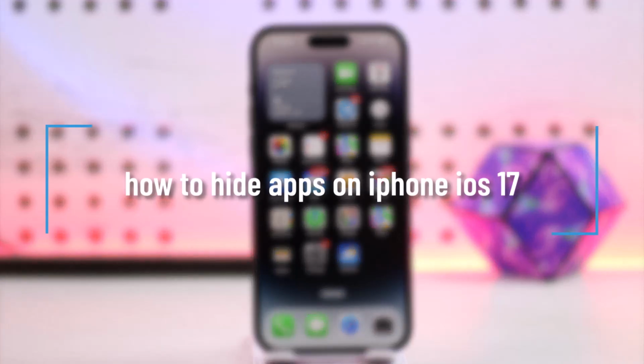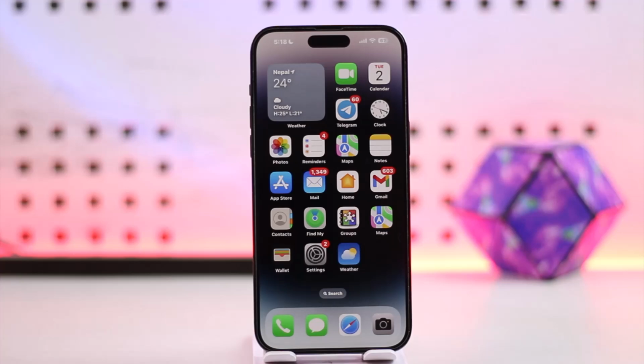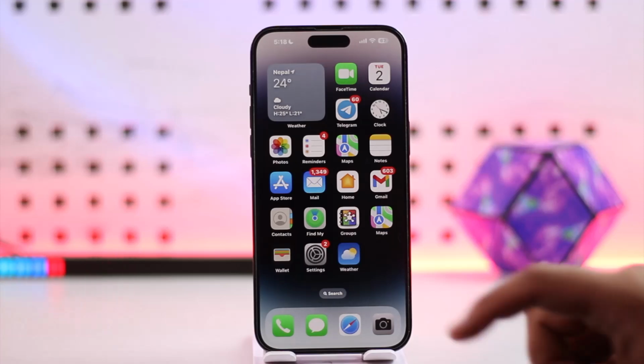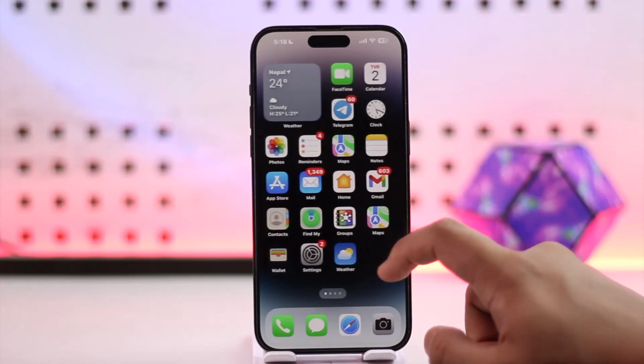How to hide apps in iPhone iOS 17. So if you want to hide apps on your iPhone on iOS 17, it's actually very simple to do. All you have to do is go ahead and first of all you can see a couple